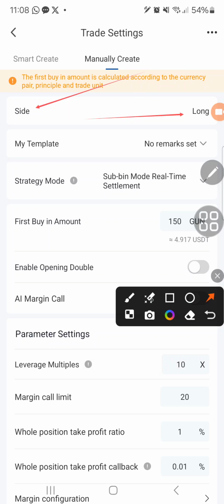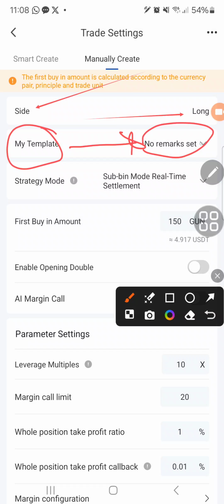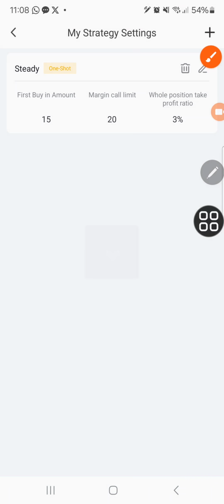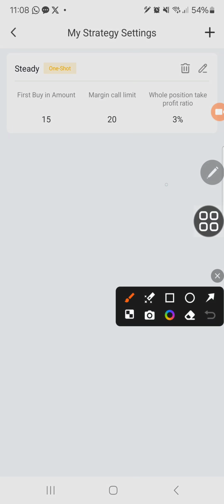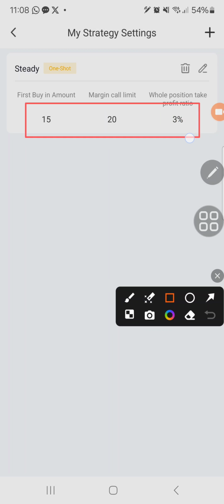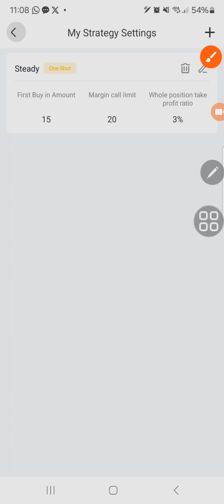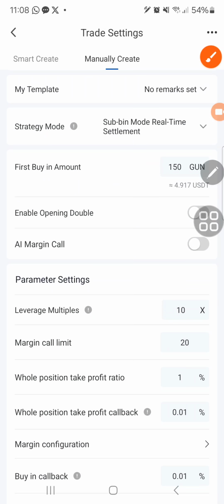Then the other thing is my template. My template simply means a strategy setting that you need to set. When you open here, you realize there is a strategy setting here. You guys understand? It is here. So you choose. This is just customized. You can customize it to a tune you want. Now we click back and get off that. And the next thing is